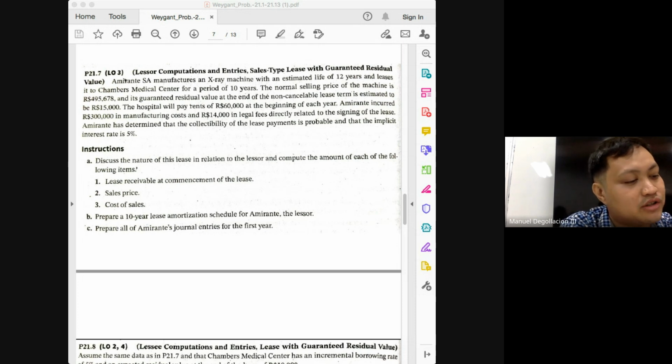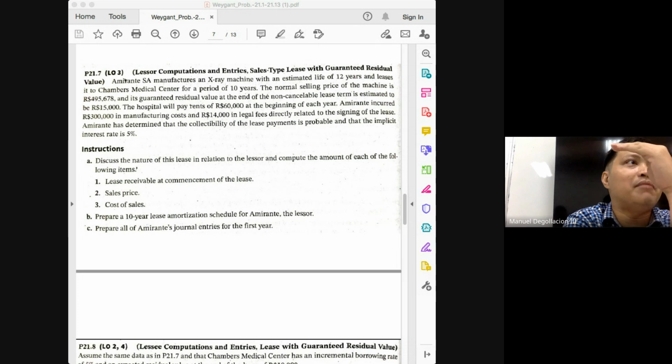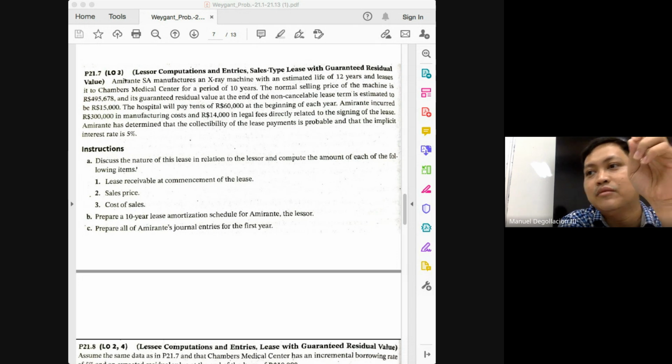This is the amortization, class. Your classmate is referring to the amortization schedule. That's the splitting of the payment between the principal payment and the interest. That is not the amount that will go to your accounts. Okay, that is the amortization schedule and not the amount that will go to your accounts. Okay? So, of course, class, what do you do when you amortize, class? You will split the payment between interest and principal. But, class, take note, the amount that is deducted, can I see that one?